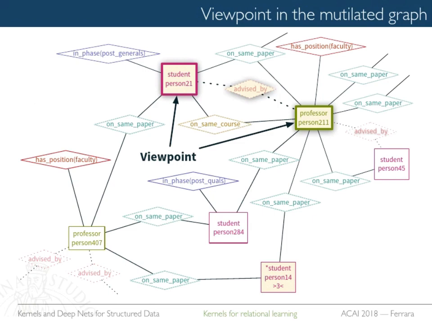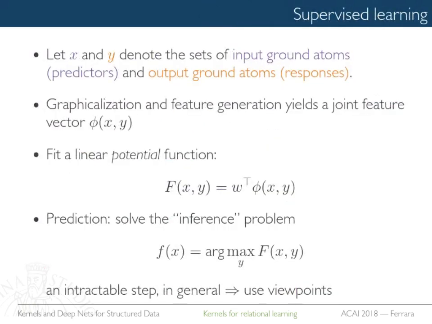And then once you have constructed this mutilated graph, you apply the feature generation on this mutilated graph, with the constraint that when you do the balls for the kernel, the centers of the balls should be in these two nodes. They cannot be everywhere because you're focusing on this student and this professor. And so you end up with a particular feature vector which is specific for the student and this professor. And you classify all of them independently. Okay? It's a huge difference because here you would do collective classification.